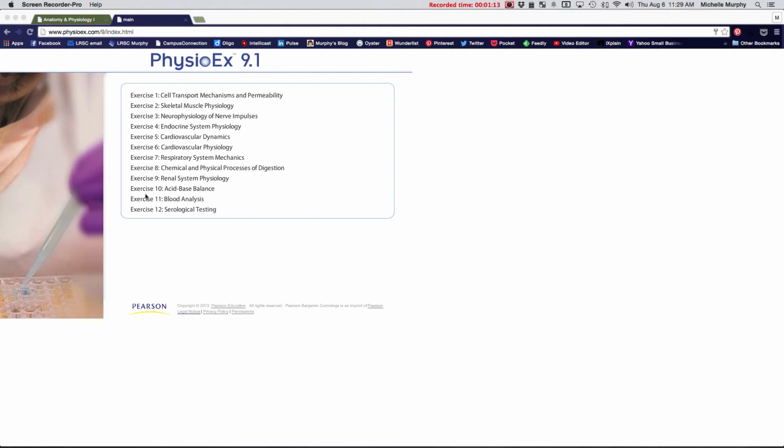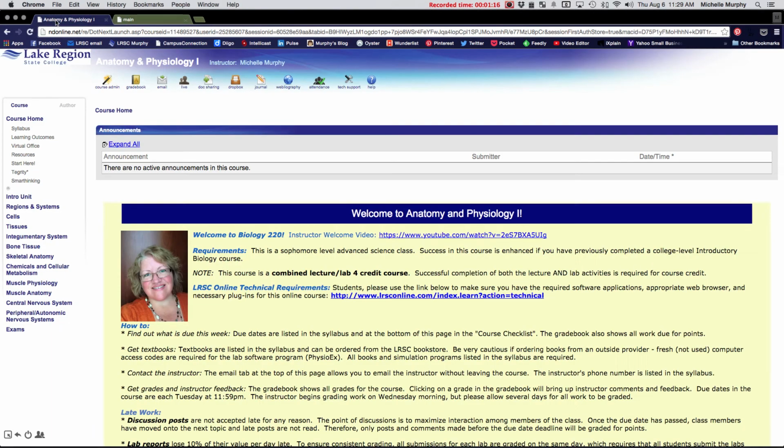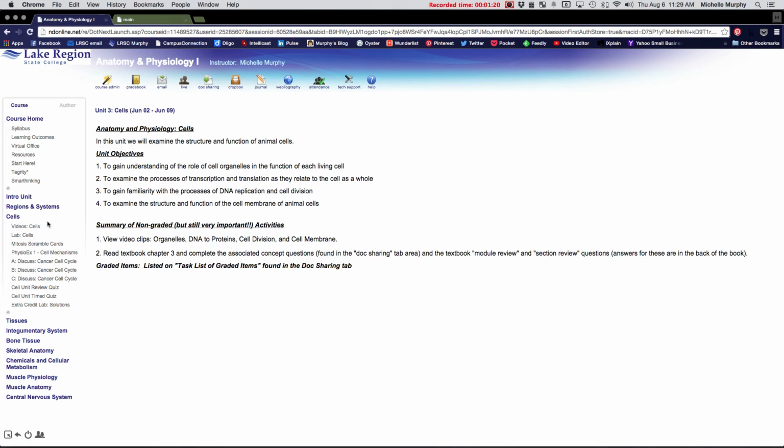When you're doing the exercises, the first thing you need to do is go into the class shell and find the lab directions. So the first lab that's done in 220 is exercise 1. The first lab in 221 is exercise 4. Either way, the directions on how to do the labs will be the same. I'm going to show the directions for 220. If you're in 221, you do the same thing, except you do exercise 4, and that would be under the endocrine unit. So if we look at how to access the directions, we go to the lab, in this case